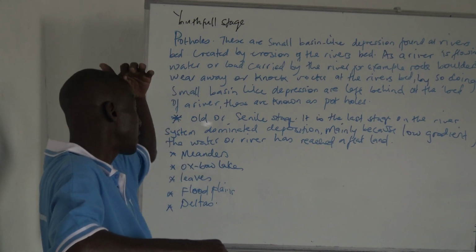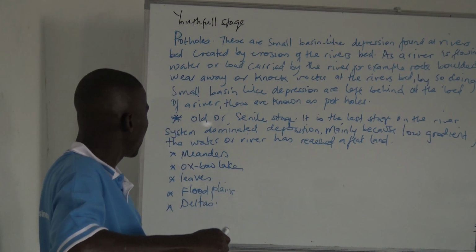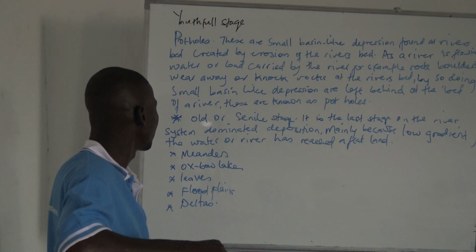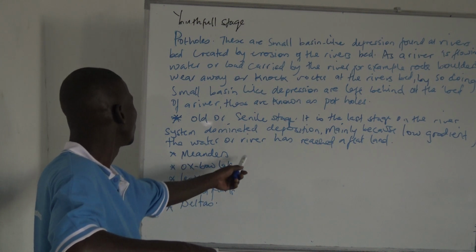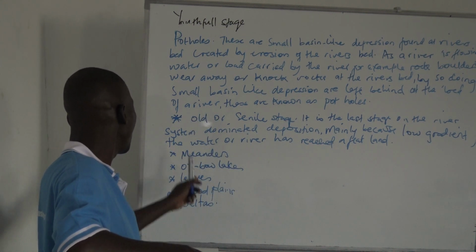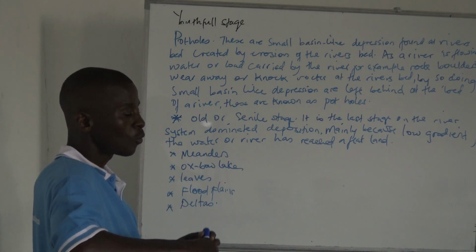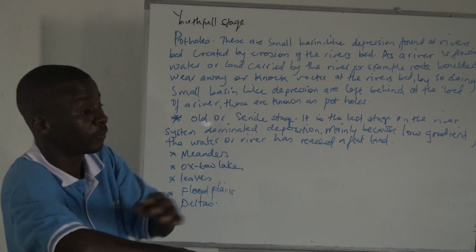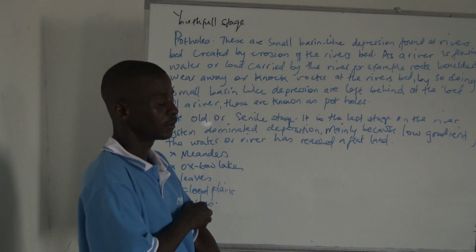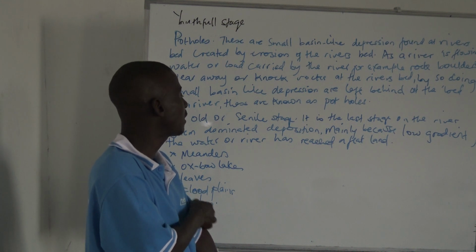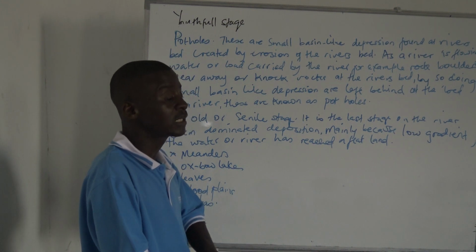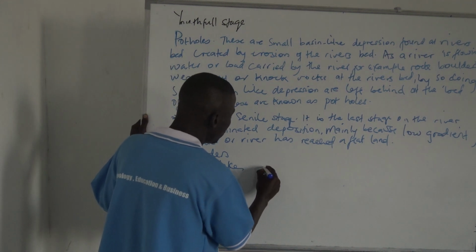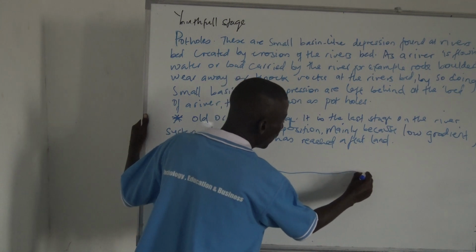Mainly when you look at these features, they are depositional in nature because the river has reached its old stage. Take an instance, last time we talked about oxbow lakes and then meanders. When a river reaches the flat land, not in the youthful but rather in the old stage, the gradient is very low. Now that the gradient is very low, water is flowing over a flat